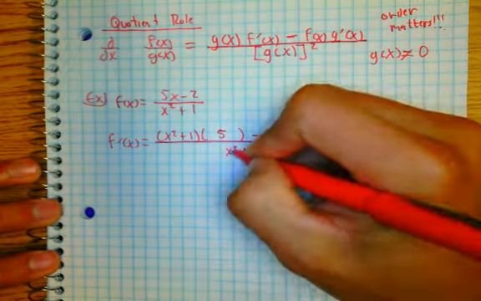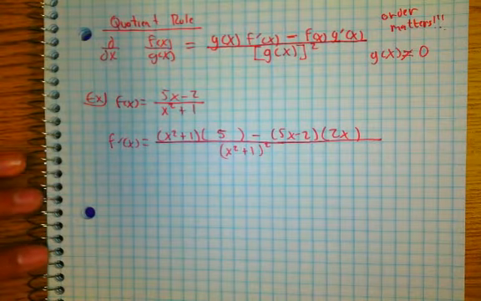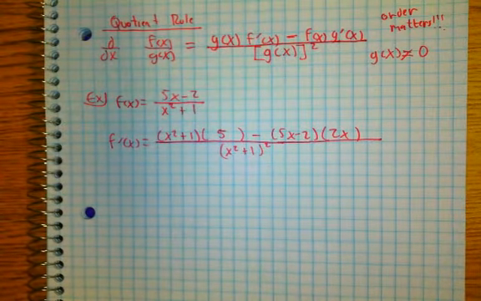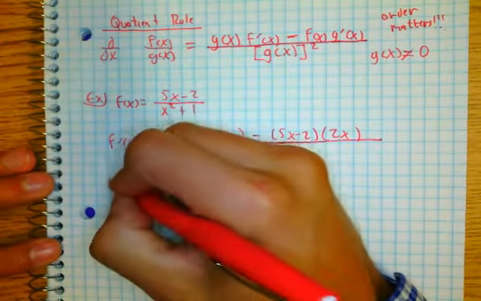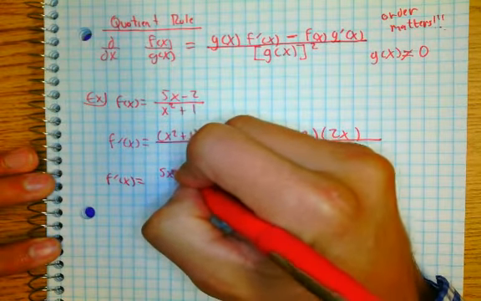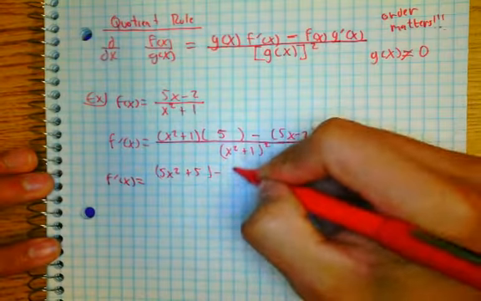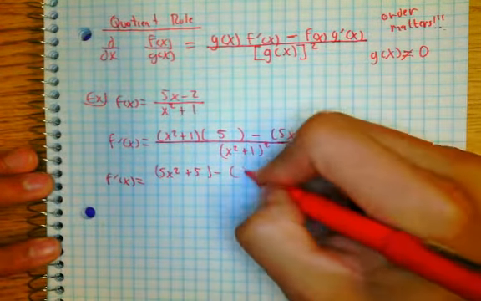From here it's just simple simplification. So f prime of x equals 5x squared plus 5 minus, so 5 times 2, that's 10x squared minus 4x all over